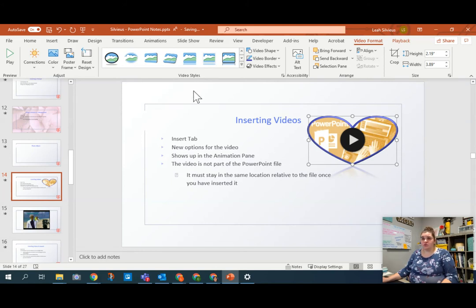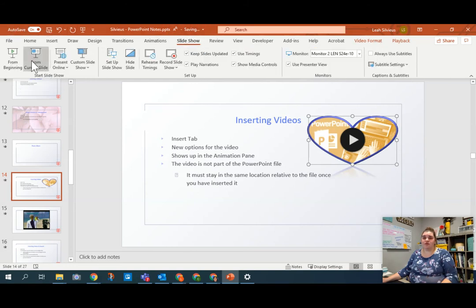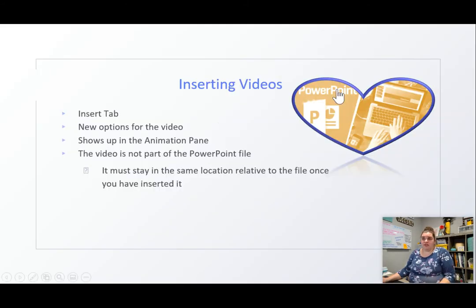What's kind of interesting is when you go into slideshow mode. So if we go to slideshow mode here and we present from the current slide, so slideshow, present from the current slide, or you can go down here and use your slideshow mode. When I'm in my presentation options, I can actually hover over this and I can click to play it. And you can see that when I click to play it,